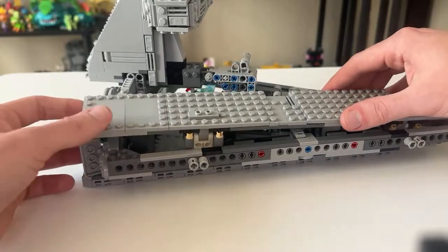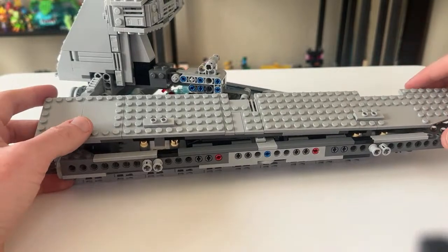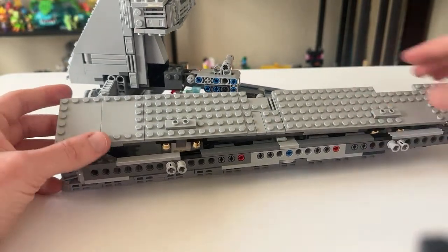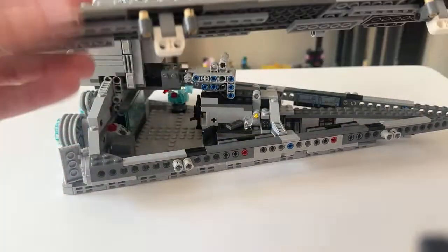Well. I'm going to be so upset if I built this wrong, because it's not going in as easy as I would like it to. Because this piece here, what we're supposed to do is be able to pop it up. Let me put...